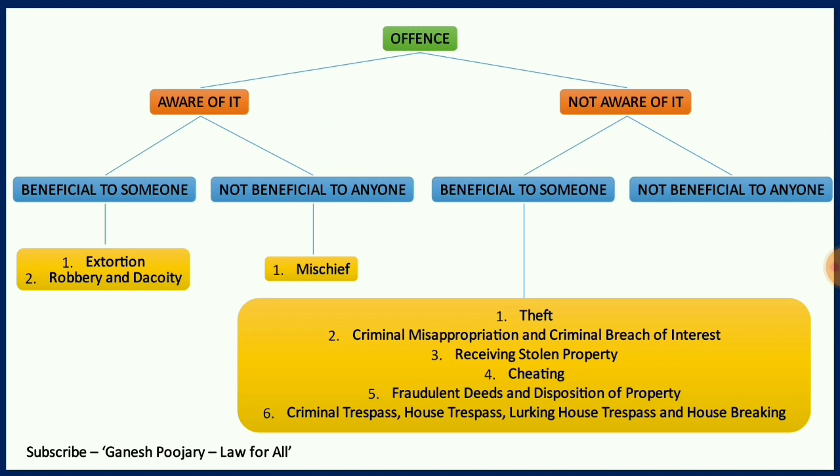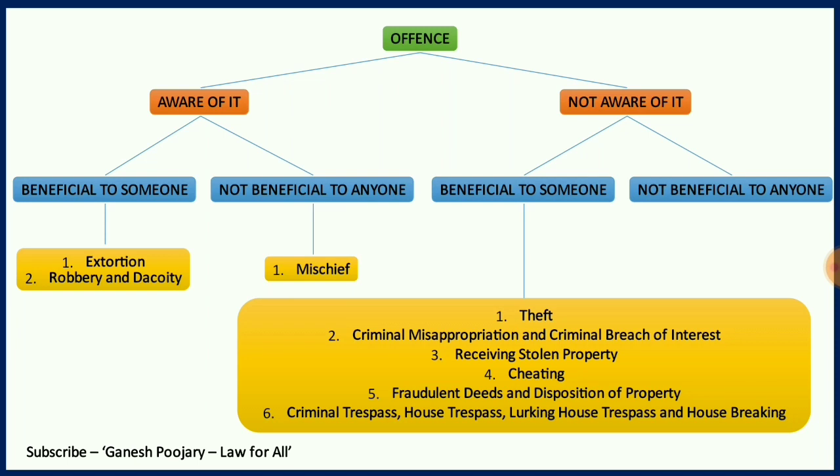Here what happens? You are not aware of it. But maybe sometimes you are seeing the actus reus but you don't see mens rea. Like for example in the cheating case, you may be seeing the actus reus but you are not understanding the intention of that particular person. So that's why I have kept all of them in those offences where you are not aware of it. So this is the way we can see a total of 9 offences and they are not in sequence.